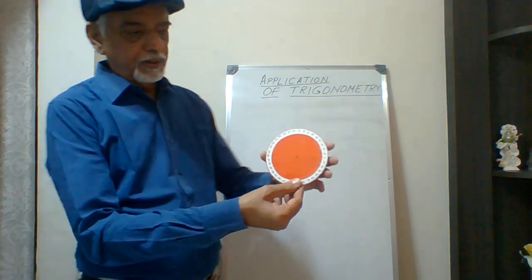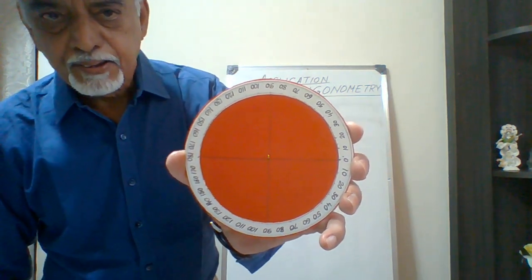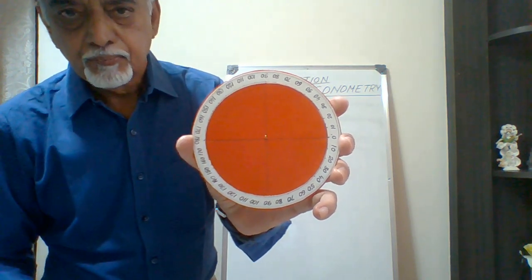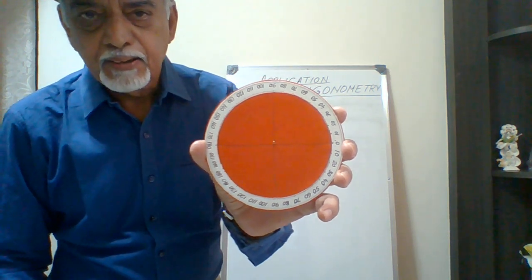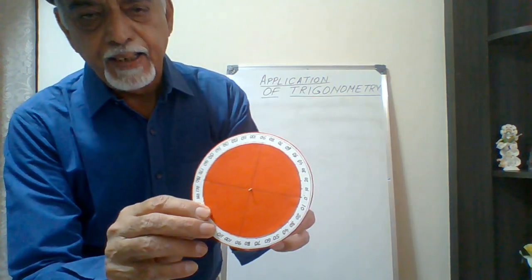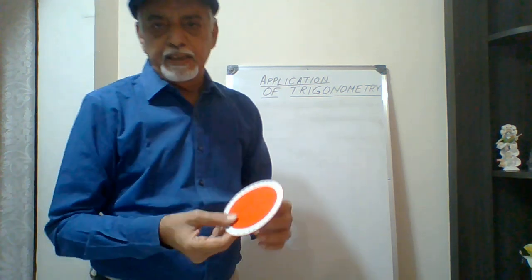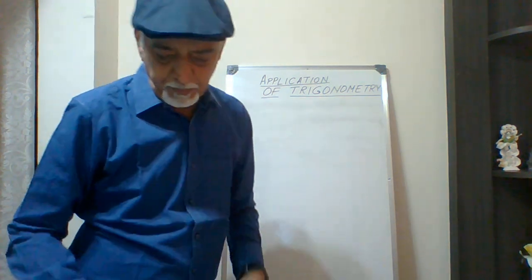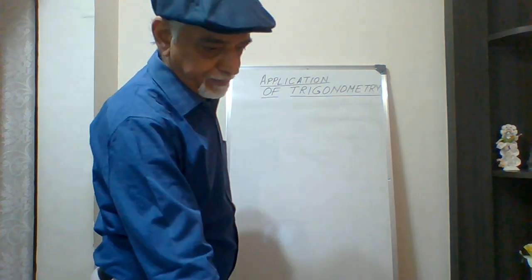I'll close up and show you. This is what I prepared as a circular double protractor. Semicircle above and semicircle below, both are marked in degrees from 0 to 180. I have marked only the whole numbers 0, 10, 20 like that, and you can have a bigger circle where you have more graduations, even up to fractions of degrees or individual 1 to 3 degrees.